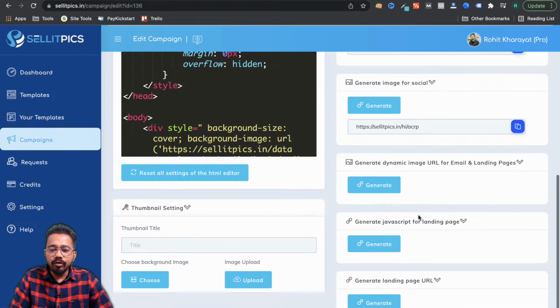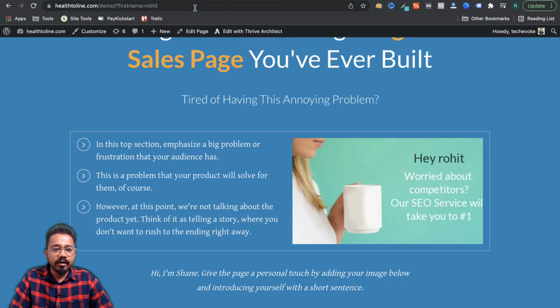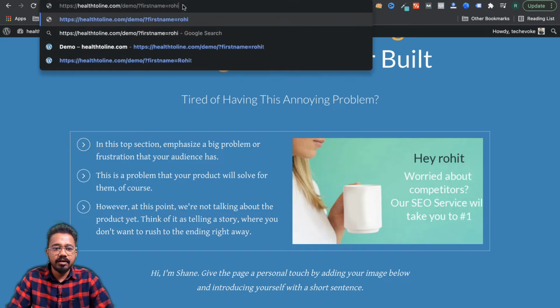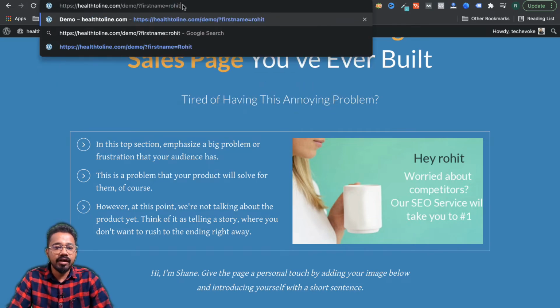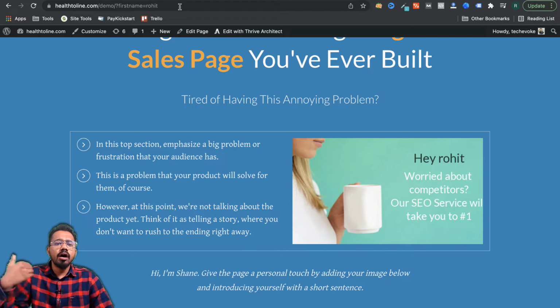And if you want to generate it for a landing page, you just have to copy it and paste it. For example, I have a link here. On the first name, I have to write the name. For example, I'm going to write Rohit. So it shows Rohit. If I put in any other name, it will show a different name.